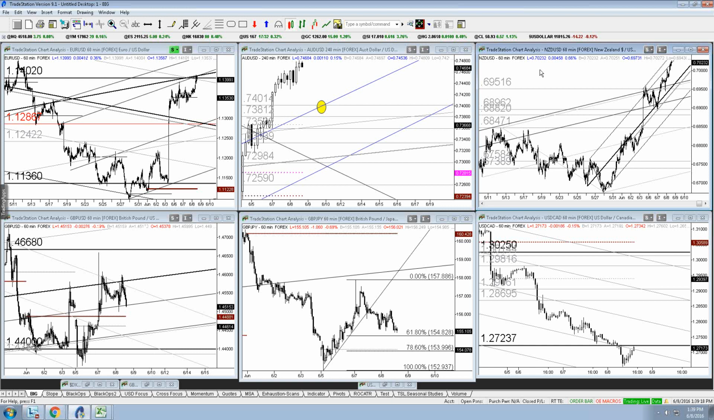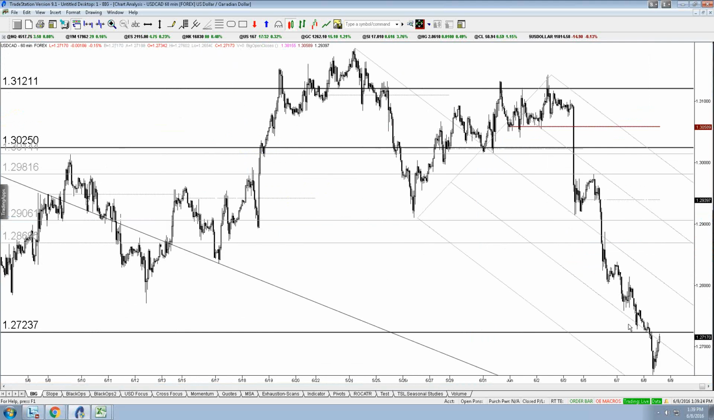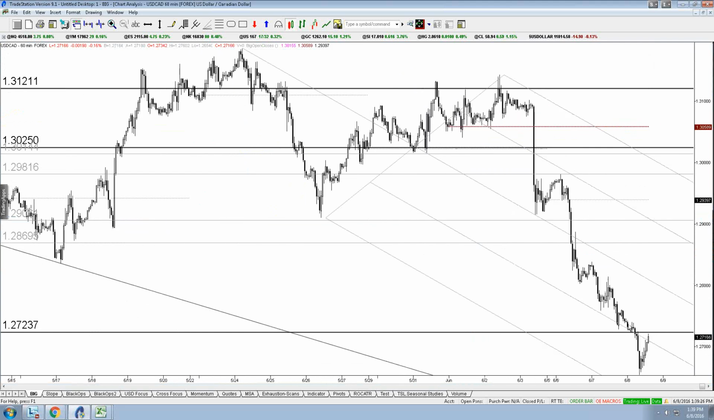Dollar CAD. So we're kind of back at the level I was hoping would hold. And as you know, we're looking at crude oil. We talked last night, or didn't talk last night, but looked at last night